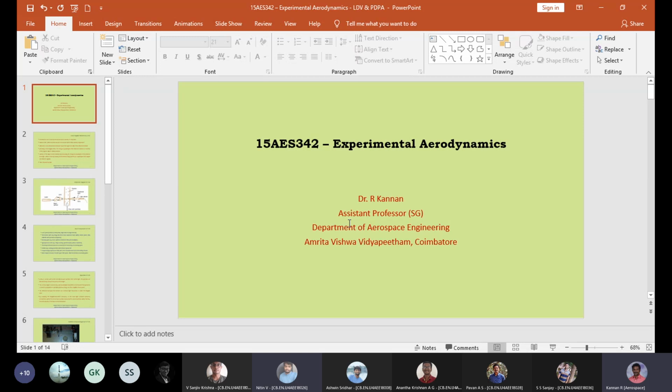Very good. So then, what is the difference between your PIV and PLIF, sir? PIV is particle image velocimetry, and what is the difference between these? Sir, in PIV, the particle concentration will decide the final image. So here we use a fluorescent dye, and then we use a filter and a camera to capture it. Very good.